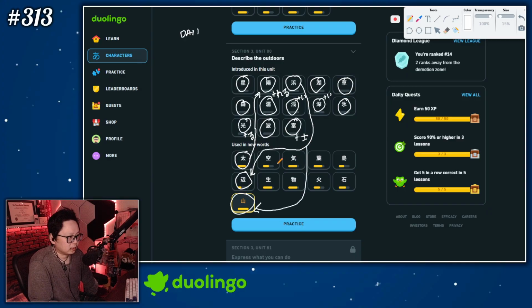And then we have returning ones. So these are characters that the vocabulary is new according to the Duolingo curriculum, but the kanji is not new. So then you have kuki for air, and then ha for leaf, shima for island, and then we have ikimono for living thing, and